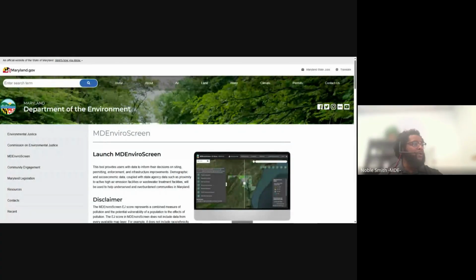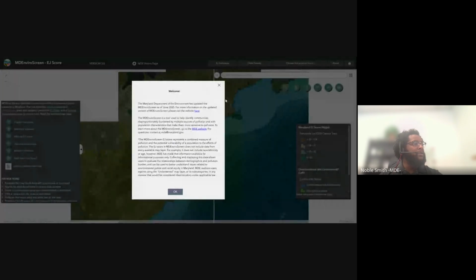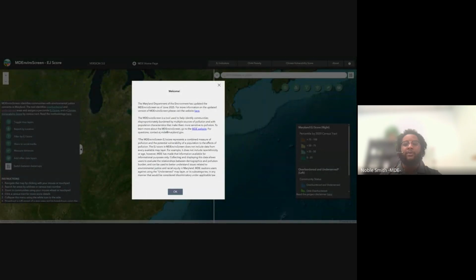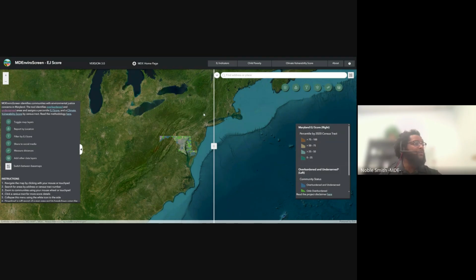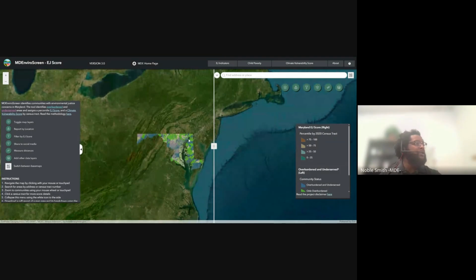All right, folks, I'm going to show you how to launch this tool. If you go to the MDE website, you'll be able to launch the tool. When you launch the tool, you'll be greeted by this splash screen that Alex mentioned before. This splash screen has helpful information about the release of the tool, the purpose, and then a disclaimer about suggested uses. Like Alex mentioned, moving from left to right across the screen,